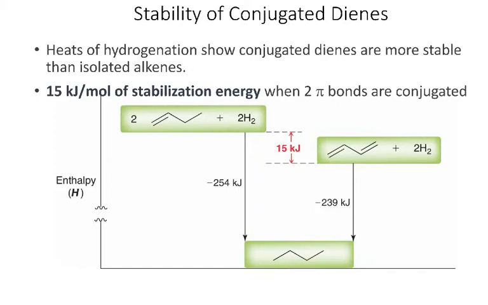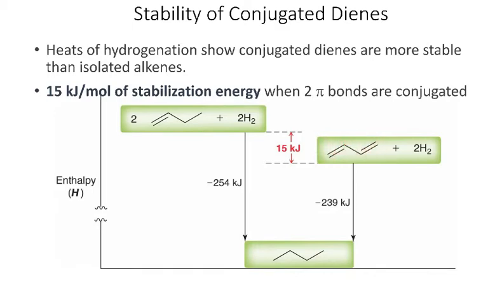So probably an even more important property of conjugated dienes is their special stability. Conjugated dienes are more stable than non-conjugated alkenes. One way we can measure that is through the heats of hydration. So how much heat is given off when I convert the alkenes into an alkane? If I take two 1-butenes that just have one double bond versus